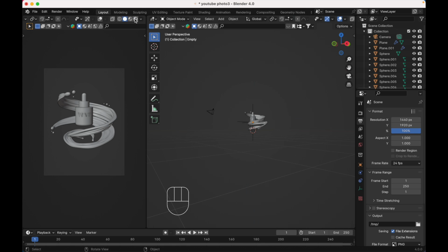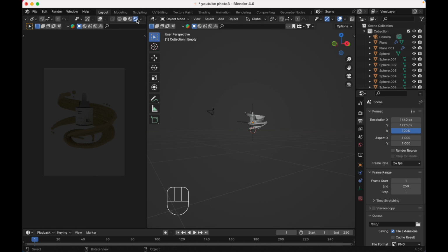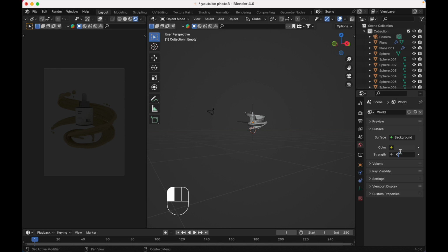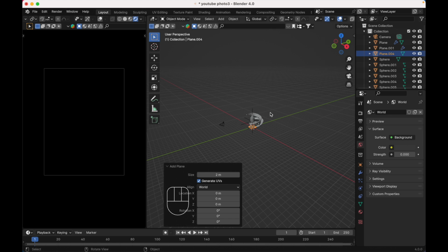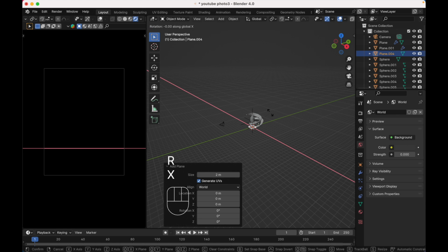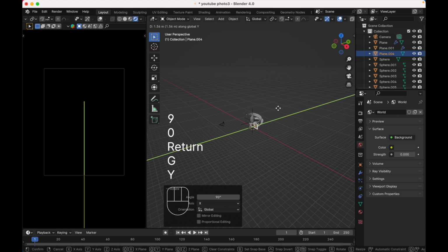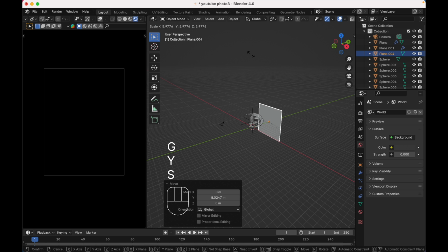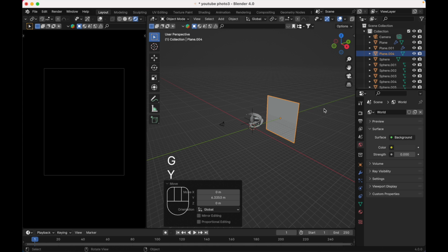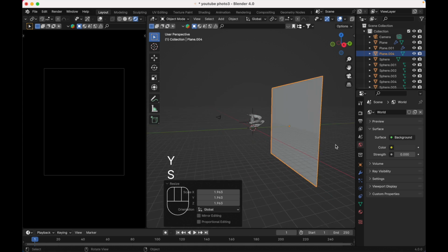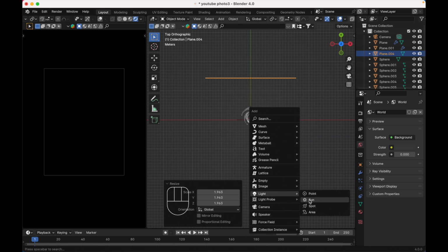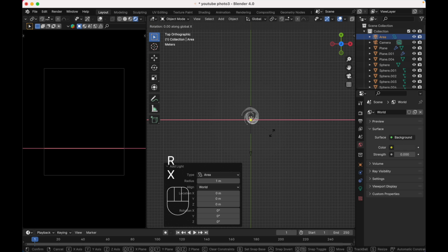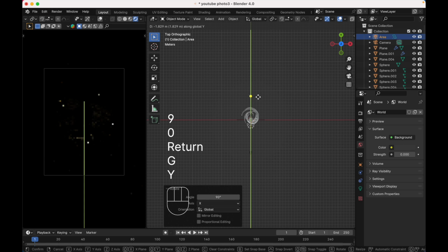And just like this. Go over here, viewport shading, add the world property, make it 0. Press Shift A, mesh, add a plane, R X, 90 degrees. Press G Y, move it back here, S to scale it, to add a background over here, scale it, and press Shift A, add a light, area light, press R X 90 degrees, press G Y, move it over here,